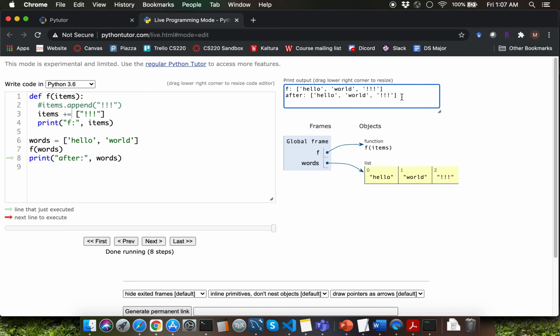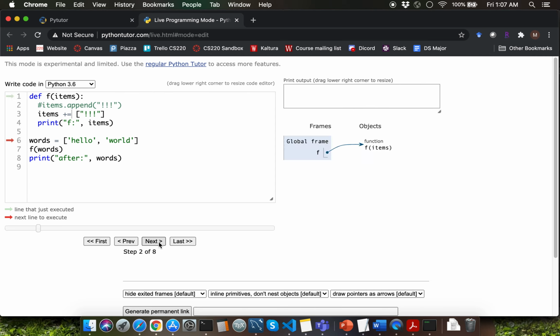And after the function f execution, quickly stepping through this version, if I click on first and click on next, that's going to create a new list object instance pointed to by the variable words. When we create the function call f frame, items is going to point to whatever is being referenced by the argument words here.